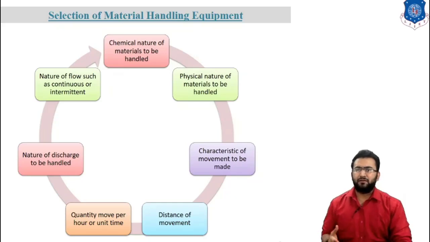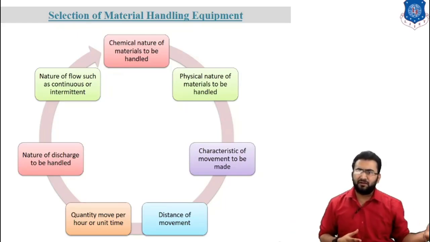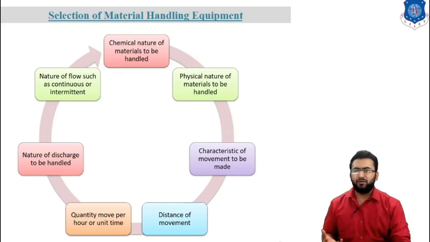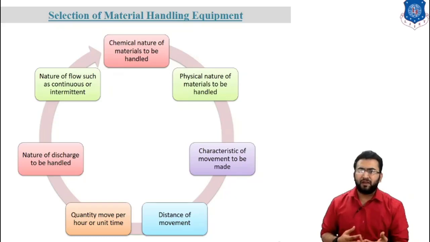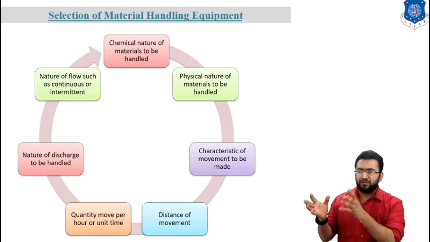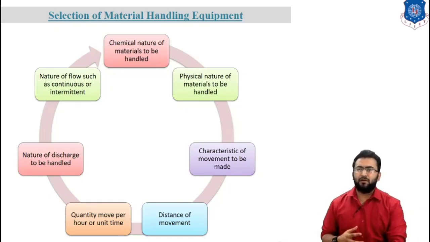So there are various factors which affect material handling equipment, such as the chemical nature of the material to be handled, the physical nature of that material, characteristics of that particular substance handled in the equipment, movement of that material to be made, whether horizontal, vertical or a combination of both, distance of that movement, quantity moved per hour or unit of time such as weight, number of pieces or volume, nature of feed to the handling equipment, nature of discharge from the handling equipment, and nature of flow, continuous, intermittent or batch. So these all are factors which affect the selection of